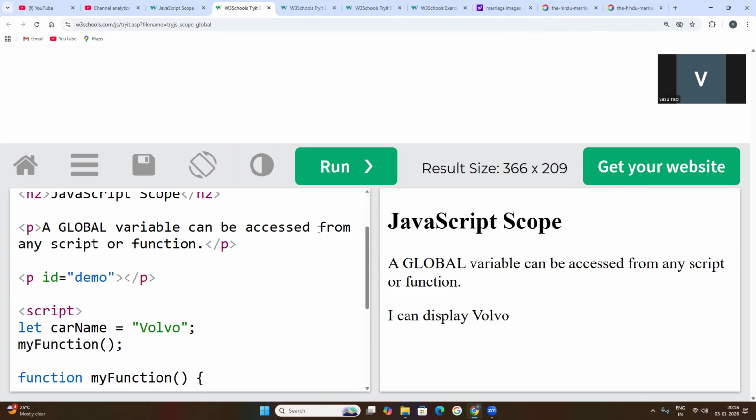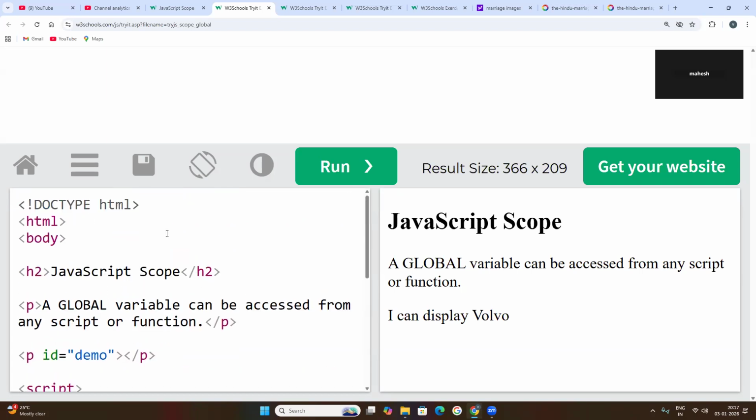If you define a variable outside of a function, that variable has global scope, meaning you can access that variable anywhere in the program, because you have declared it outside of a function.